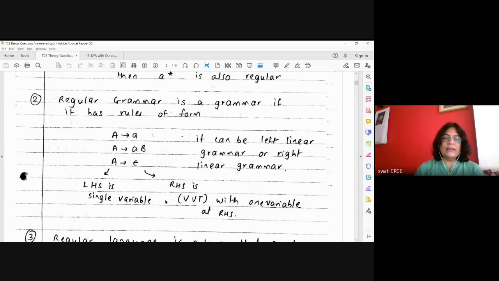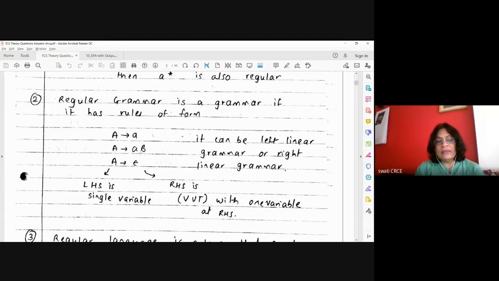So when we are writing a regular grammar for a language, there are some rules for writing the grammar. The left hand side should always be a single variable, and the right hand side can be a combination of variable and terminal symbols, and even epsilon is allowed on the right hand side. And it is a left linear grammar or right linear grammar. Left linear grammar means the variable occurs on the left hand side, in all the rules. The leftmost symbol will be a variable, or if it is not there then a terminal symbol, but if a variable is present it occurs on the left hand side.